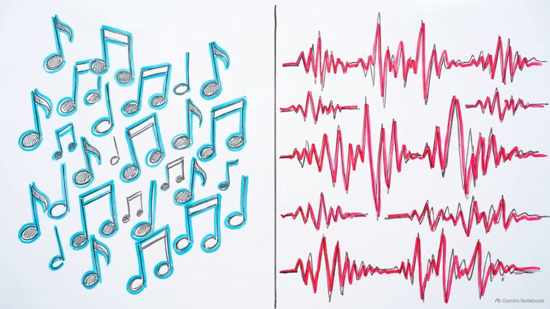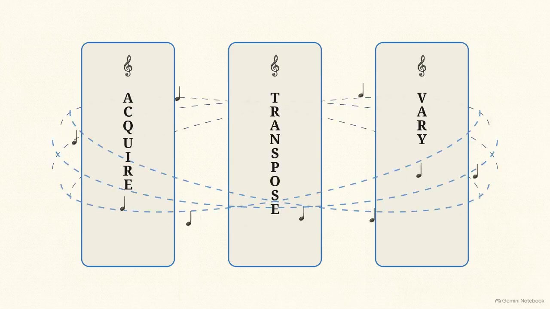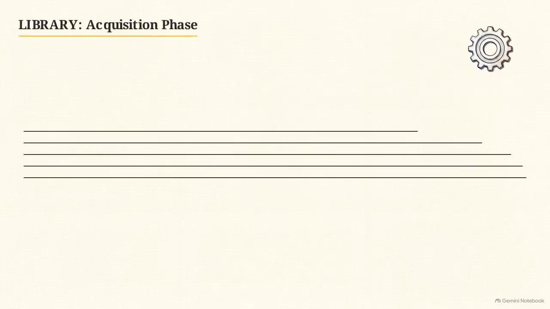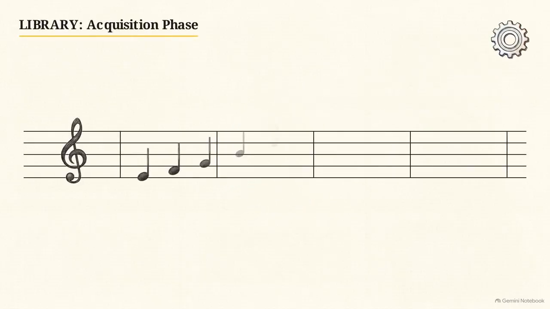Mastery requires a distinction between the elements of music, like notes and rhythms, and the processes of practice. These pillars describe how a musician interacts with those elements over time. The ultimate goal is to build an internal library of musical relationships. We can see how these 3 gears build that library by running a simple 4-bar melody through the system.